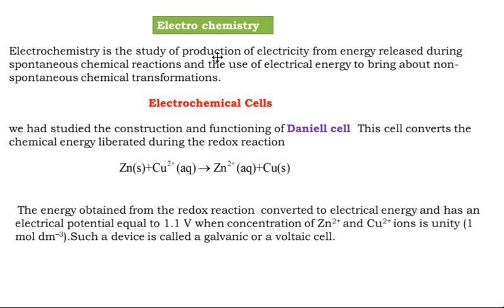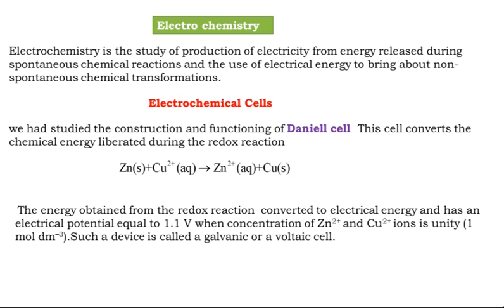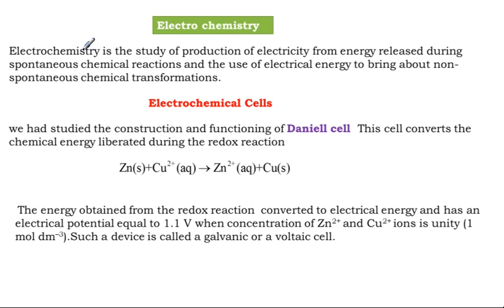is the study of production of electricity from energy released during spontaneous chemical reactions and use of electrical energy to bring about non-spontaneous chemical transformation. So there are 2 points very important. For two purposes we are using electrochemistry. The one is